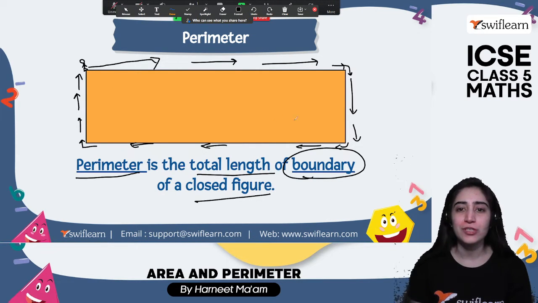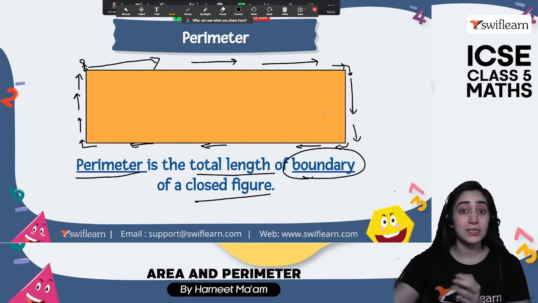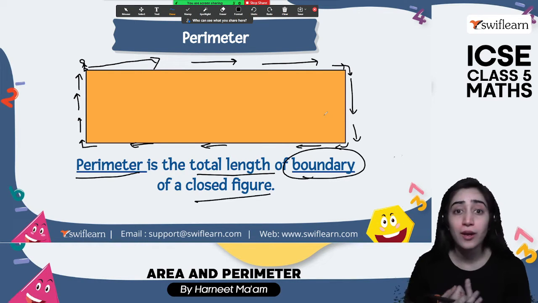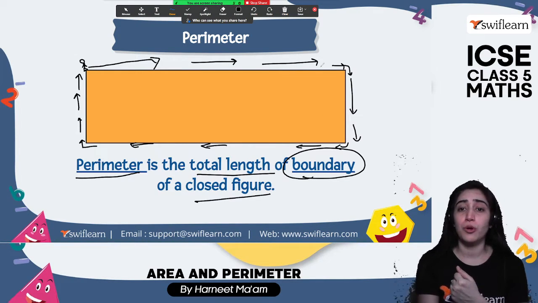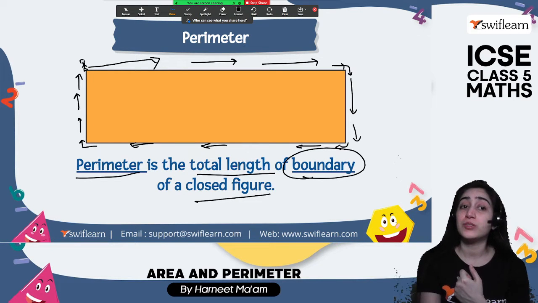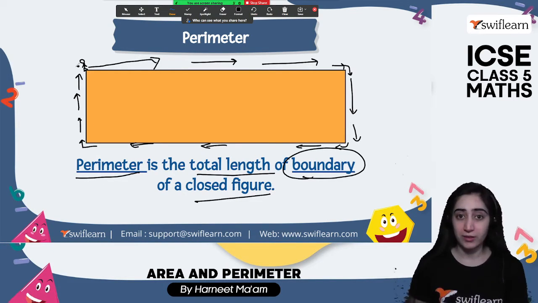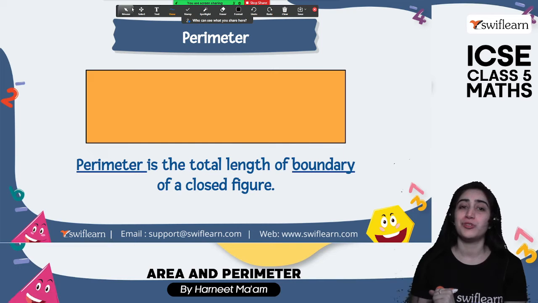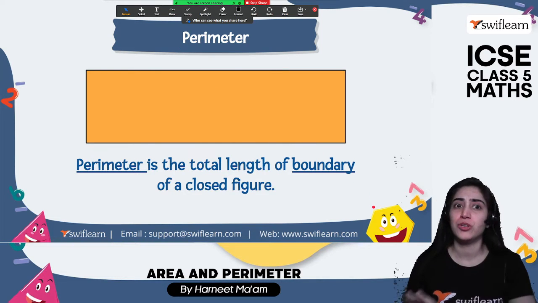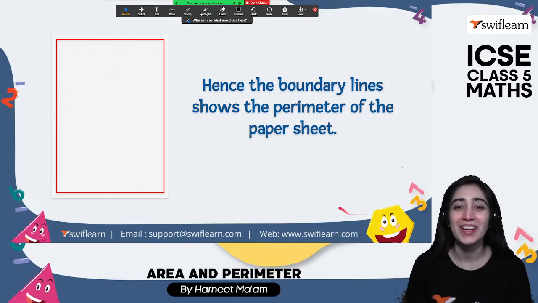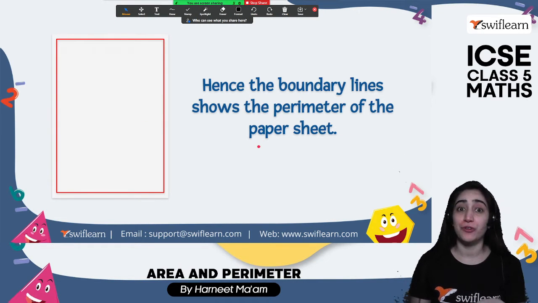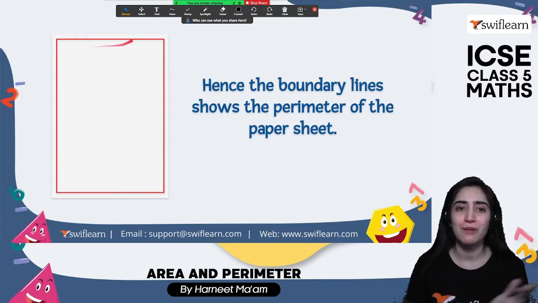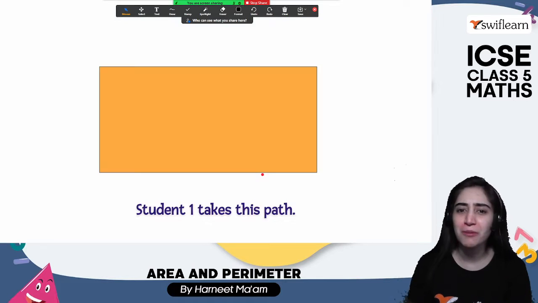All right. So what have you done? If someone asks you how much distance you have traveled, or how long the walking track of the garden is, what do you do? You walked all around the 4 sides and you came back to the 1 point. So you took one round of that, right? So you know how long it is. Great. Okay, so this is known as the boundary along which you're traveling. So whenever the question of a perimeter comes, just imagine that you are in a garden. Great. Hence, the boundary line shows the perimeter of the paper here. So if we want to know the perimeter of a paper, we need to move along these sides and we'll get to know the perimeter.